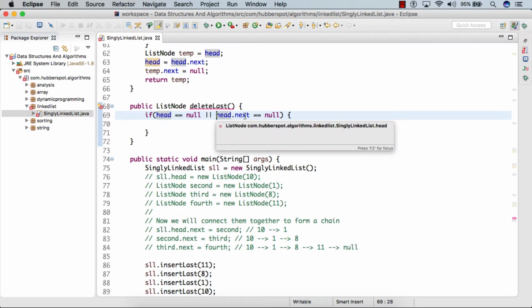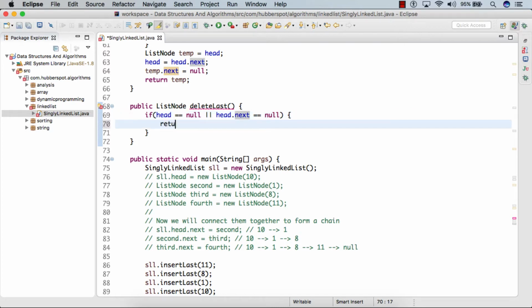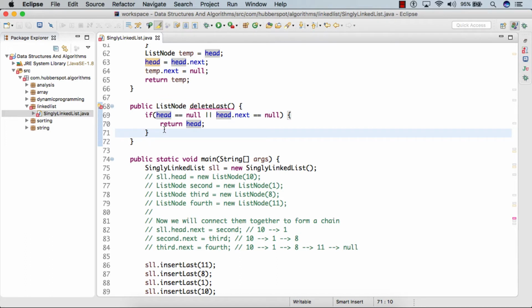And head.next, why do we do it? Because if head.next is null, it means the singly linked list has only one element. So what we do is we simply return head. So if the first condition is true, null is returned, and if the second condition is true, the head is returned, because this is the only node in the singly linked list. So this is the if condition.